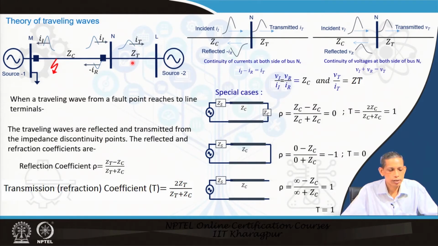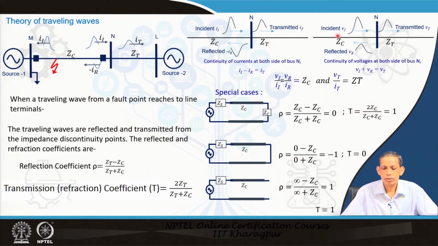That is the point at the bus where it finds a mismatch in the characteristic impedance. So, typically we mention here the incident wave, the reflected wave and the transmitted wave. As you have seen in the earlier forward wave and backward wave, or the reverse wave, the reflected wave has a negative sign in terms of the current, and then the relation for current is I incident plus I reflected equals the I transmitted.